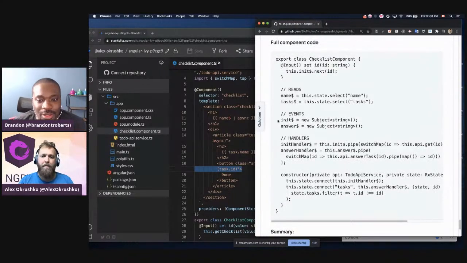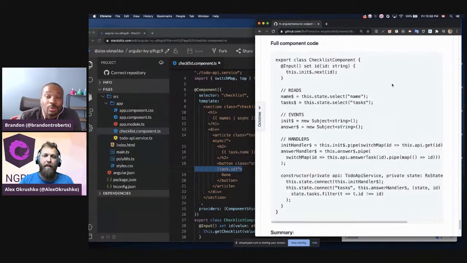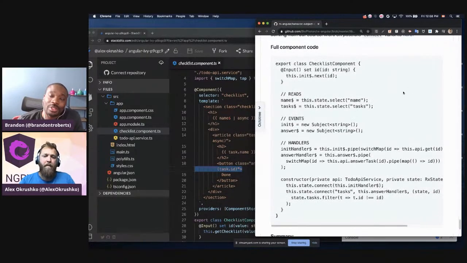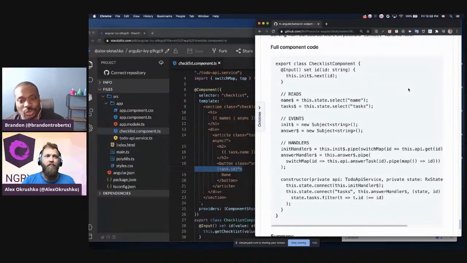Just looking at the example, I will note one thing. I know that we have one thing in NgRx Store that we don't have in ComponentStore, which is string selectors, and I think that was more